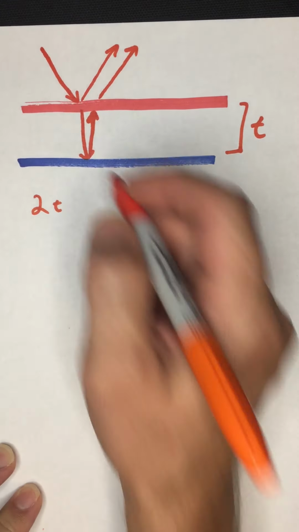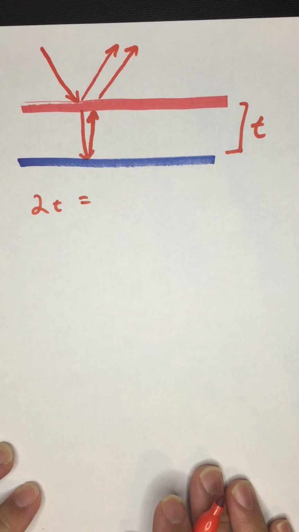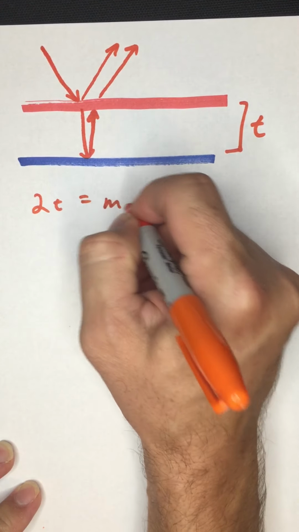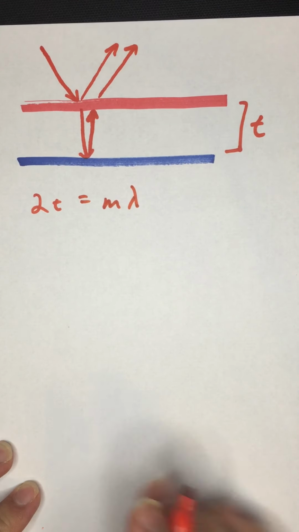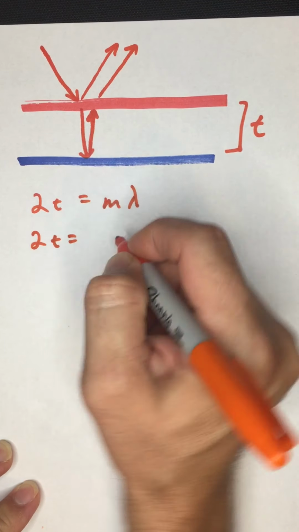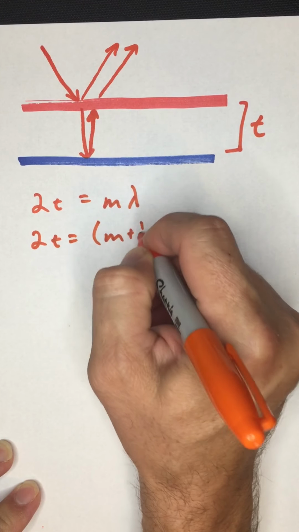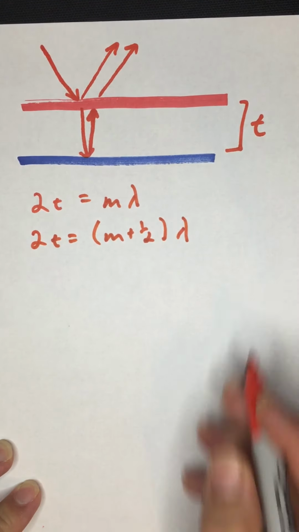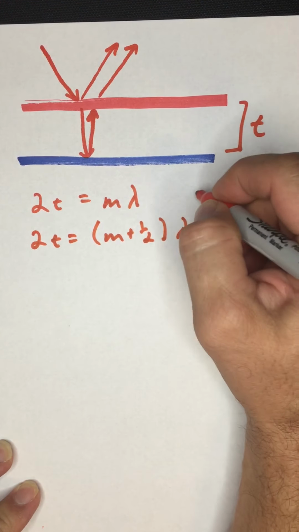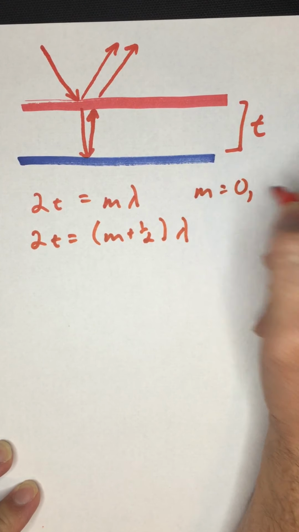Okay, well, we know some equations that relate path length difference to constructive and destructive interference. 2t is equal to m lambda. 2t is equal to (m plus 1/2) lambda, where in both cases m is equal to 0,